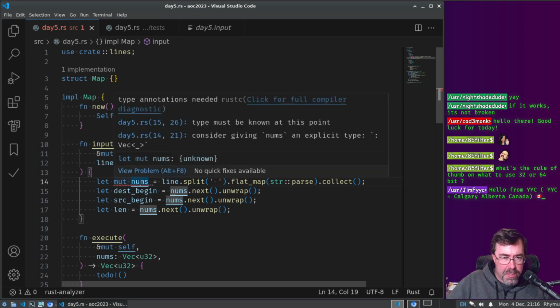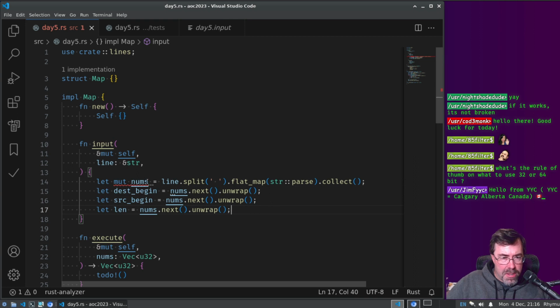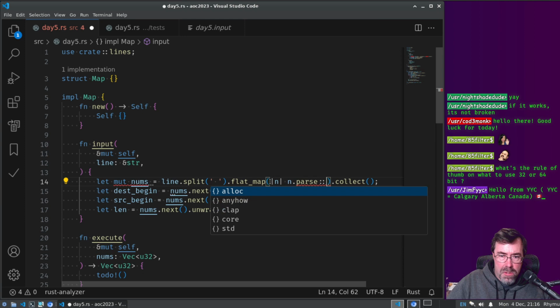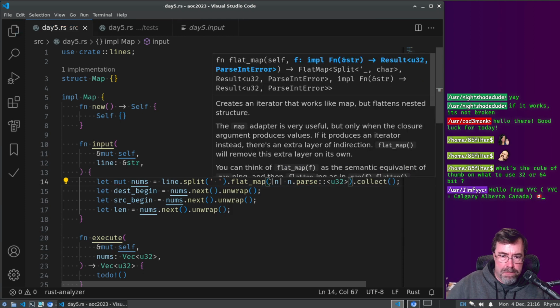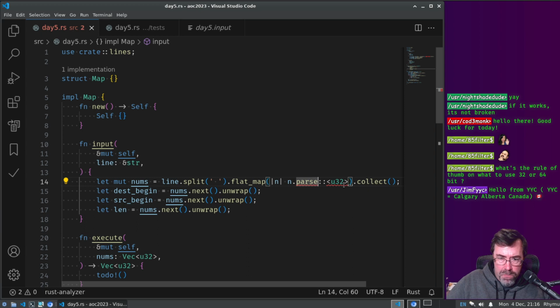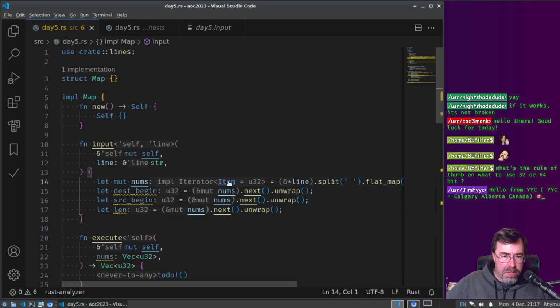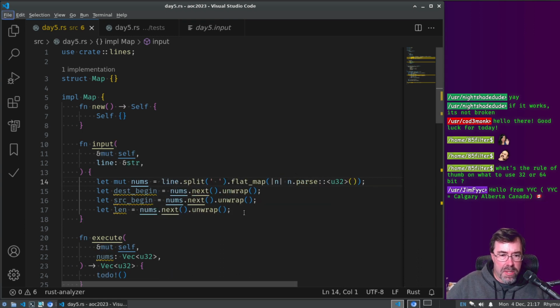Why did it not like that? Okay, it doesn't know what to parse it to. I guess initially we will say that this is right here and parse to u32s with parentheses. This still doesn't know what to, because I didn't mean to collect them. Okay, so then we have our destination beginning, source, and length.